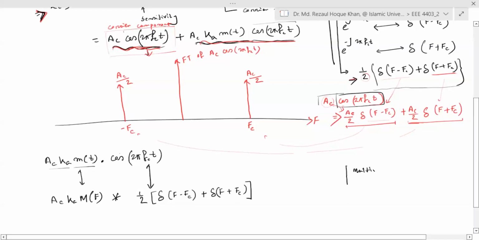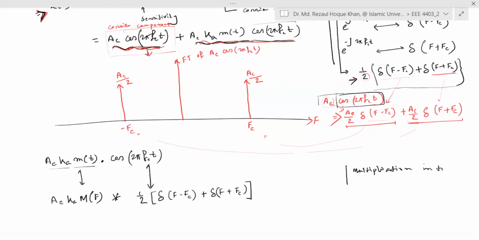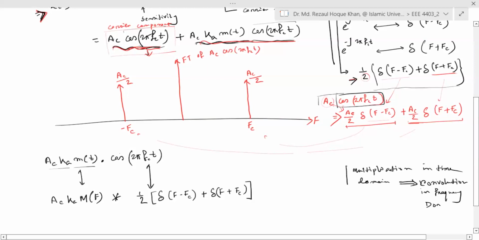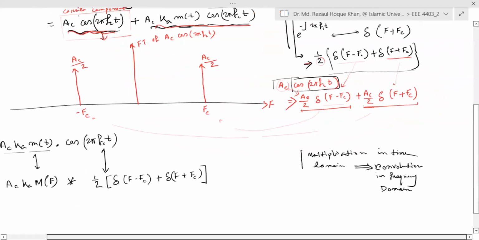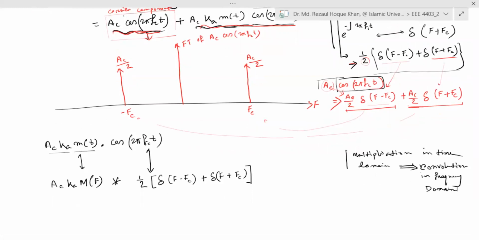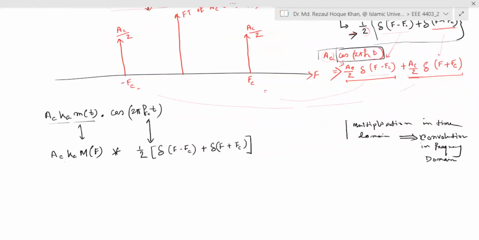So we put this note here: multiplication in time domain is actually a convolution in frequency domain. How do we know it? We know it from the Fourier transform. So if I complete this,